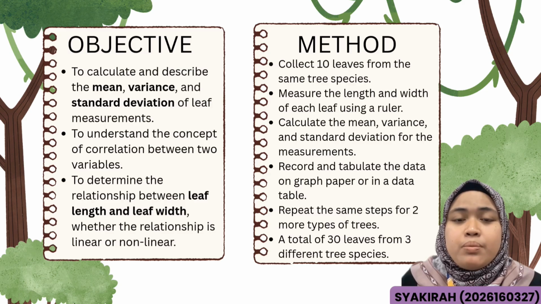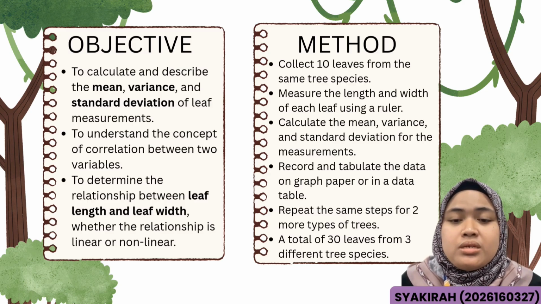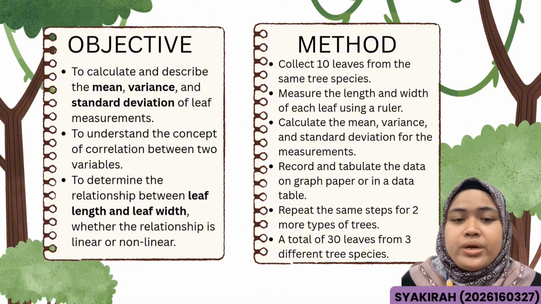We repeated the same procedure for 2 more tree species, giving us a total of 30 leaves from 3 different species for comparison. This method allowed us to compare leaf characteristics among different species and evaluate the relationship between leaf